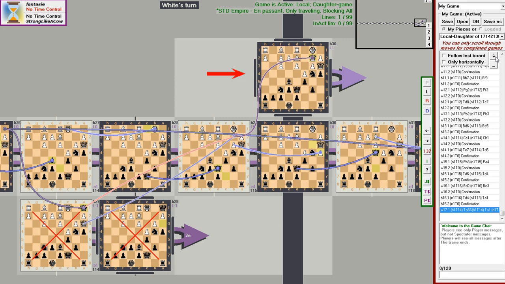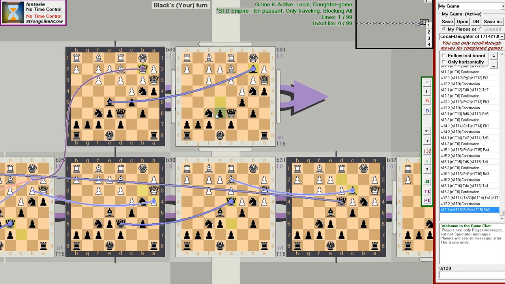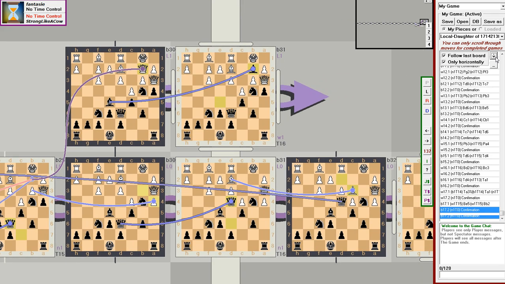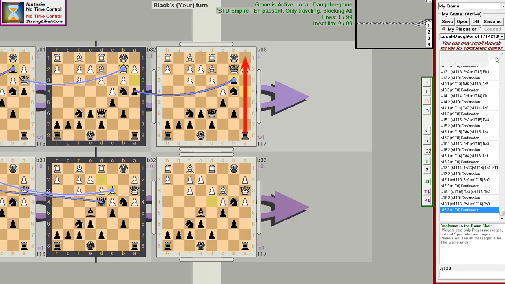Now the universe created by black is blocked, and the game continues in the two remaining universes. Neither side has an advantage in the number of universes. Both white and black can create new active universes. Let's capture at least one of the many white Tsarinas. And try to open the A file to activate the rook.